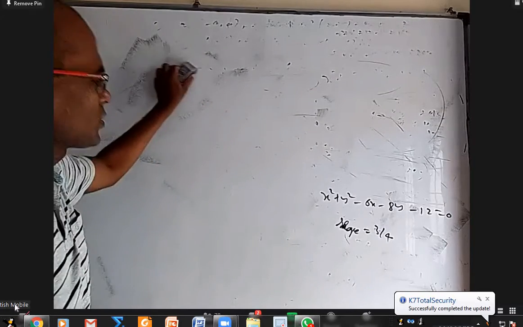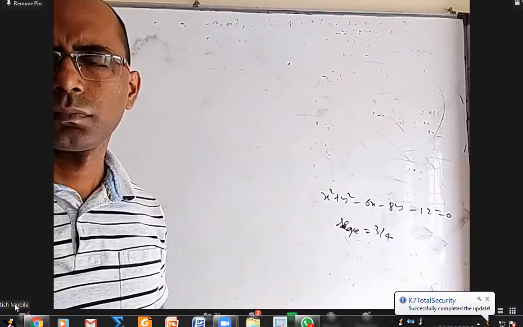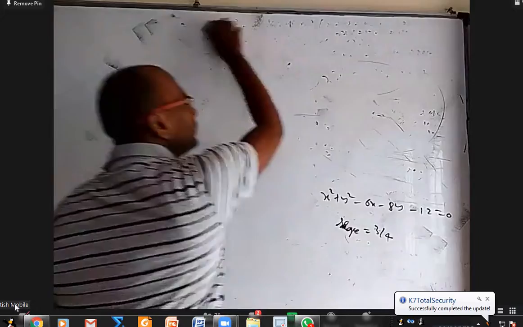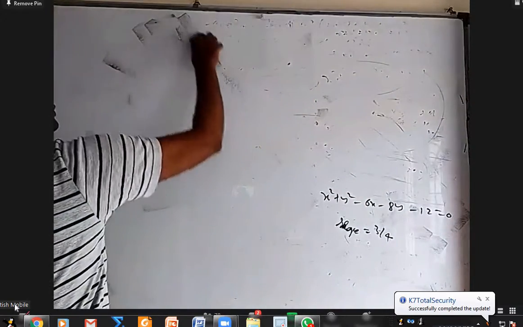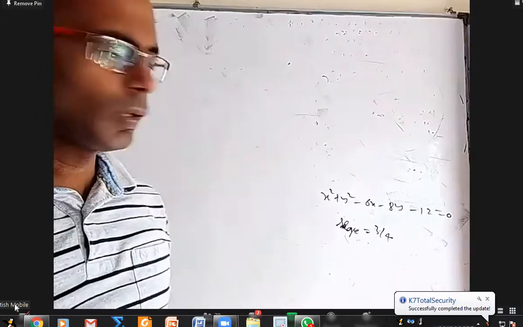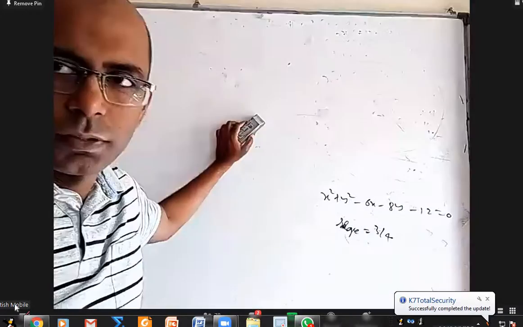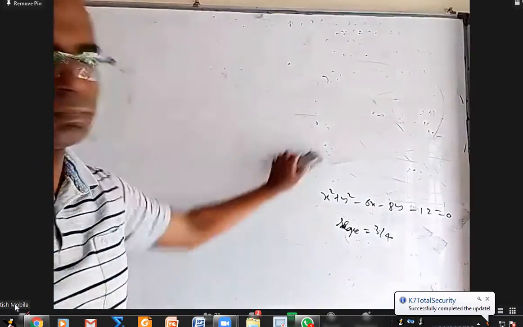Yes, anybody want to tell the answer? You're able to hear me, right? Yes, sir. Okay. Sir, 3x minus 4y plus or minus 5 root 37. Yes, sir. The general tangent that you took, is it correct or not? Check once.